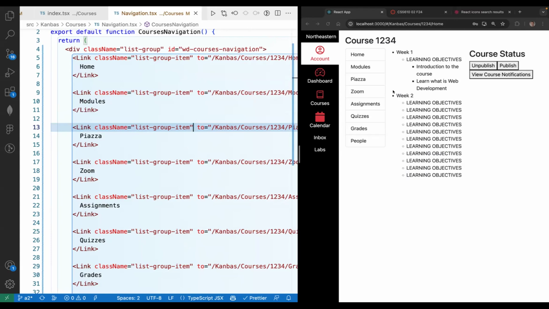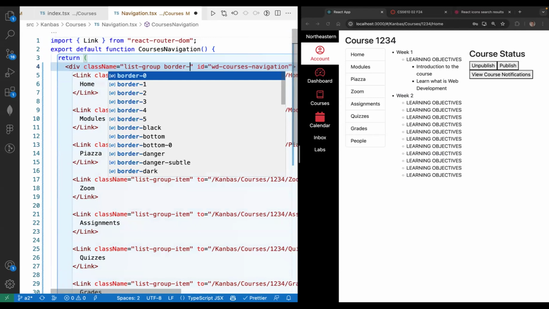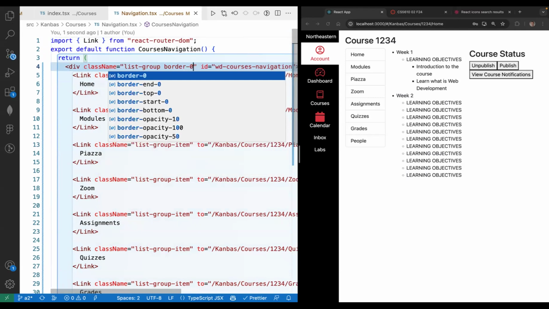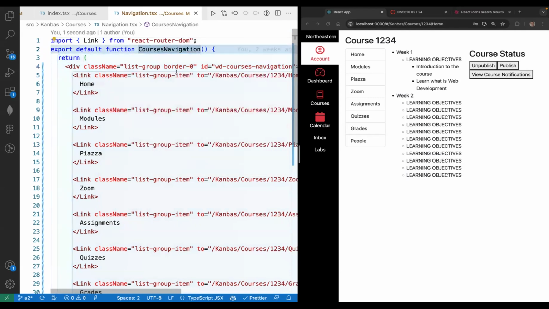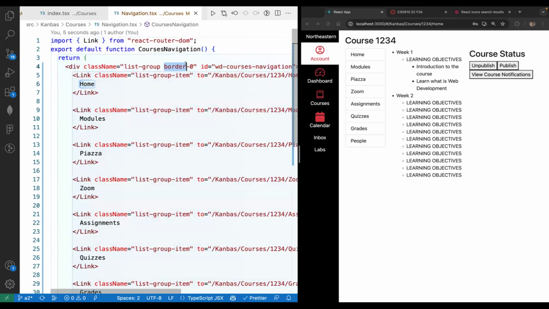For instance, the rounded corner we don't want, right? So we can turn that off. We can say border 0 around the rounded 0. Rounded 0, so no roundedness around. And then